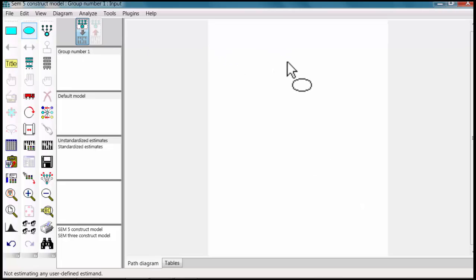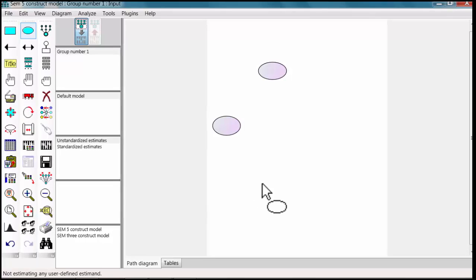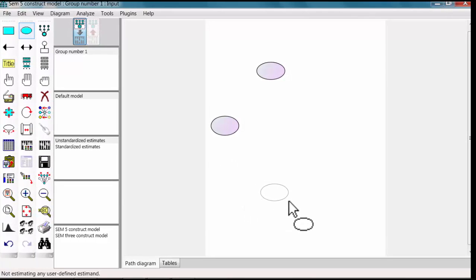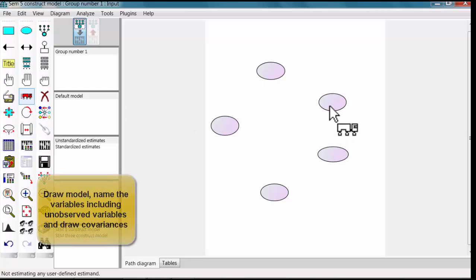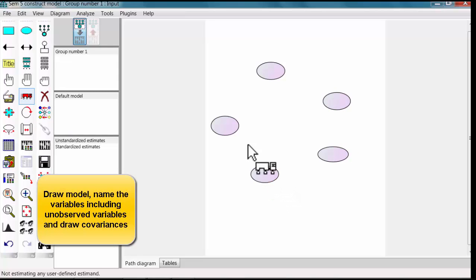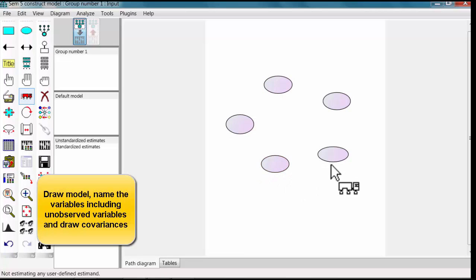Beginning with the constructs. 1, 2, 3, 4, 5. I don't like the shape of that one. Let me move this one a little bit. Okay. Move them around so they are nicely placed